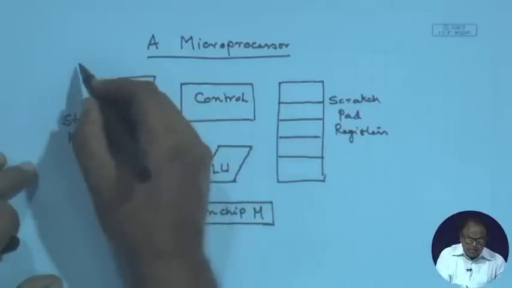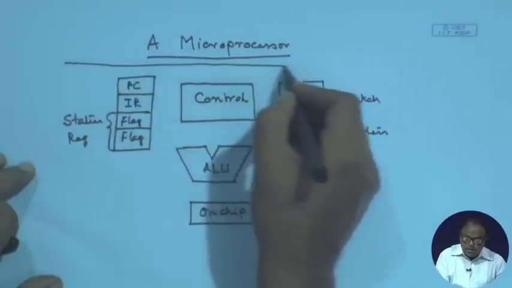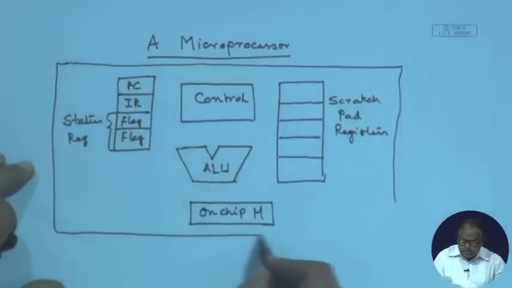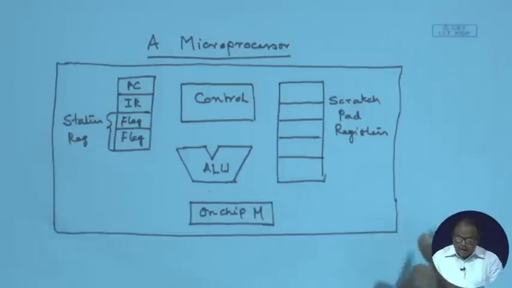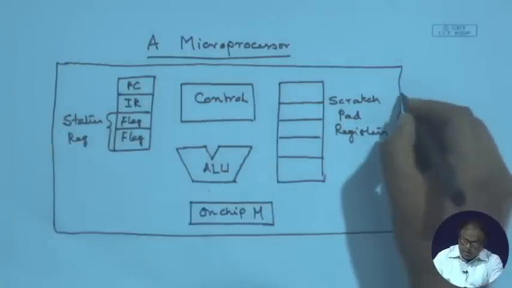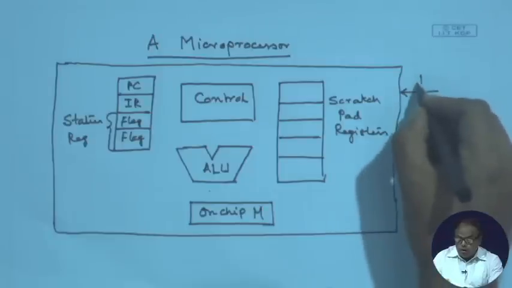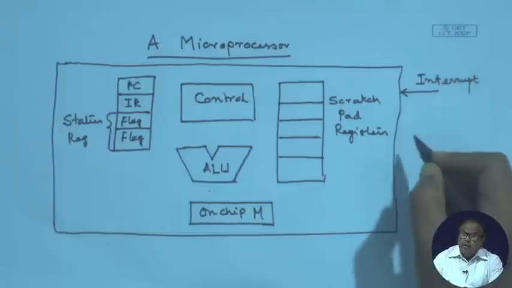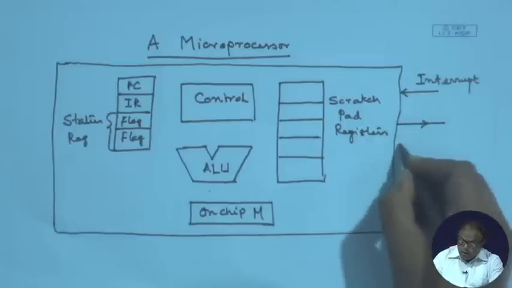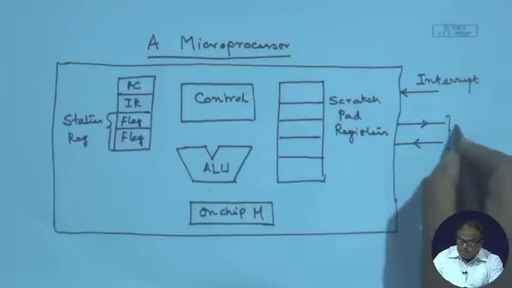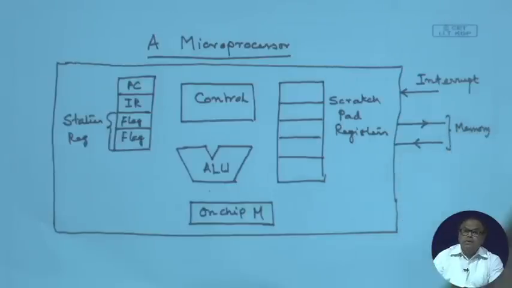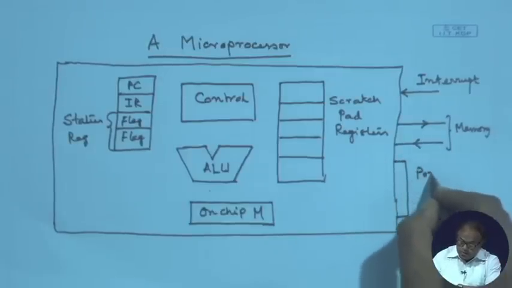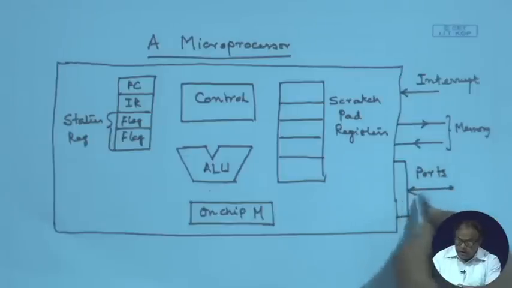And if I now encapsulate the microprocessor, then there are some interfaces for communicating with the external world, like there can be interrupt lines, there can be other lines for memory interfaces going to the external memory, all right, and there can be ports for communicating with the external world,